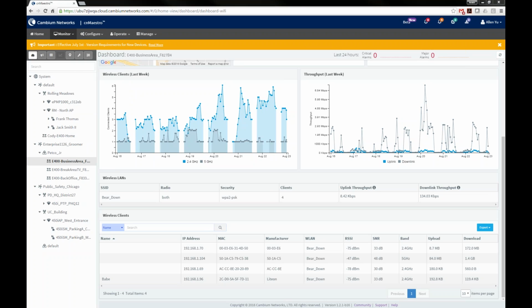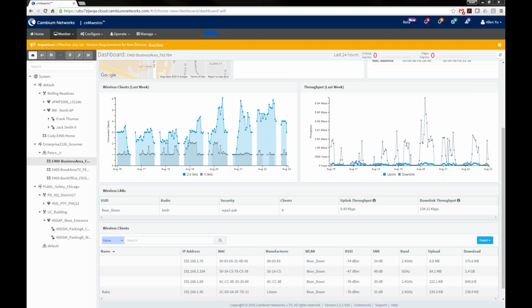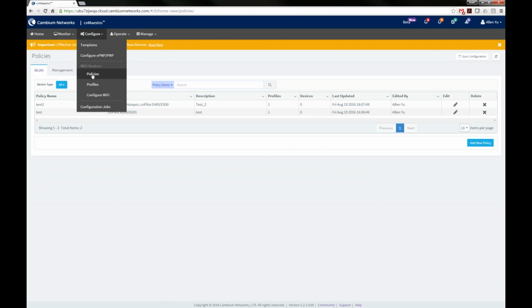So if you look here, when we start to configure Wi-Fi, the first thing we build is the foundation block, which is the policy, the wireless LAN policy and the management policy. And then from there we create a profile. And then from there, we start to configure the Wi-Fi device. That's kind of like the order we're doing here. So if I go to config, I choose the policy. All right. So when I choose a policy, this is a policy I created, and let's create a